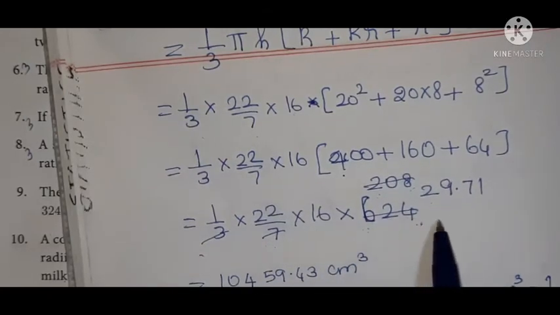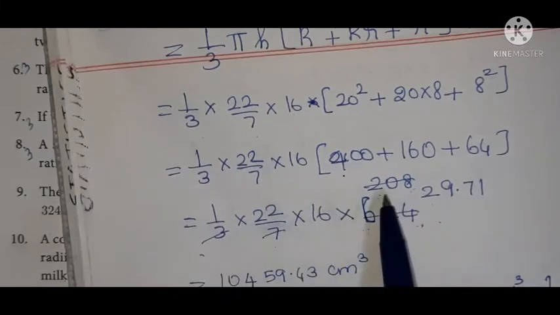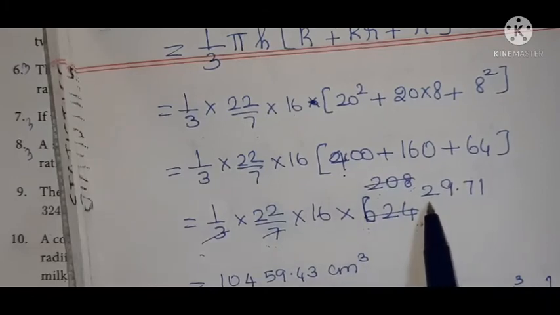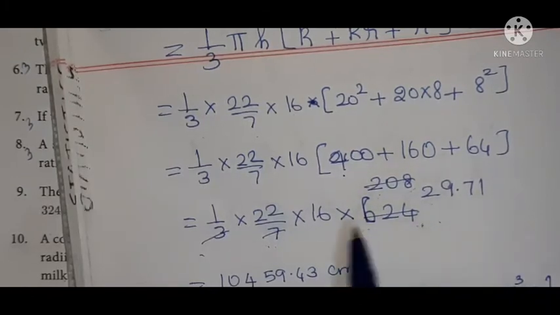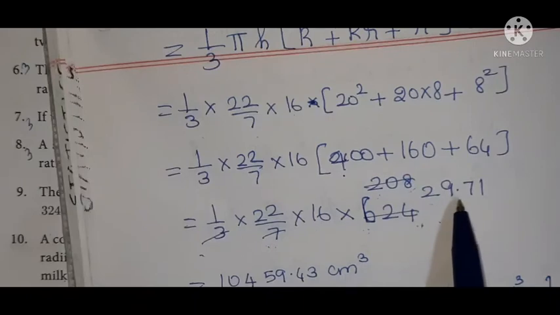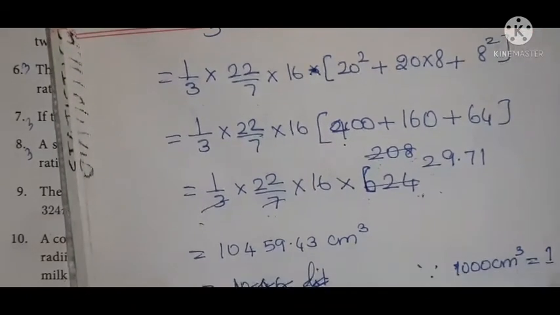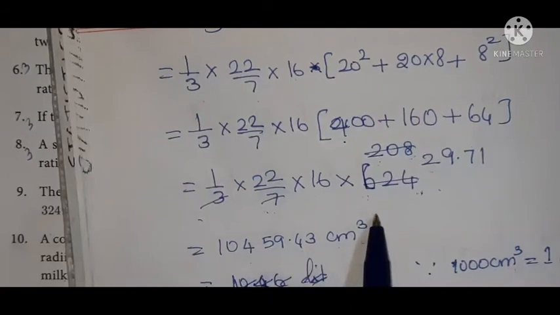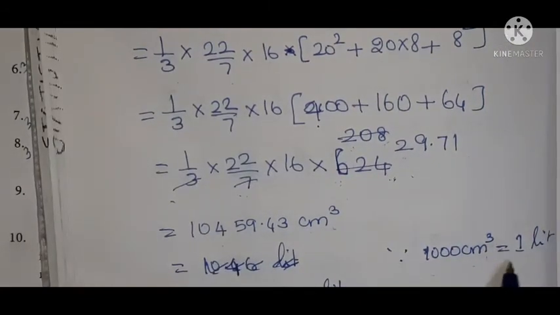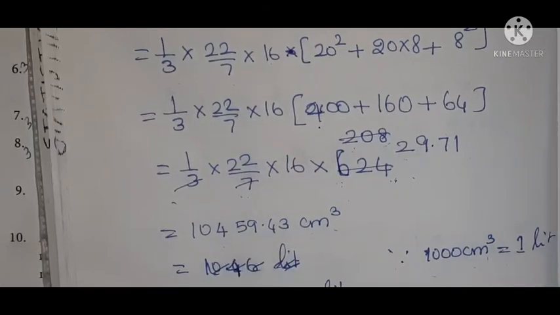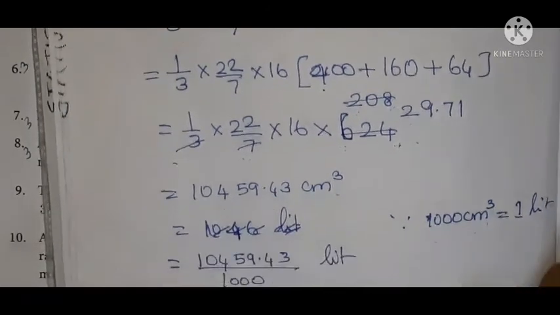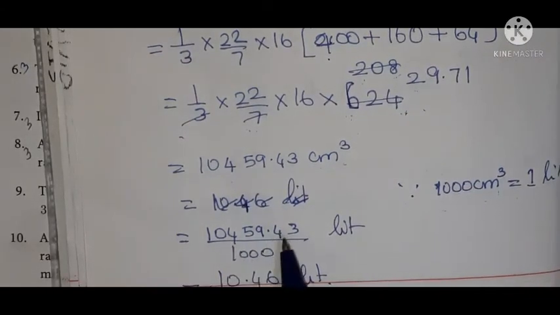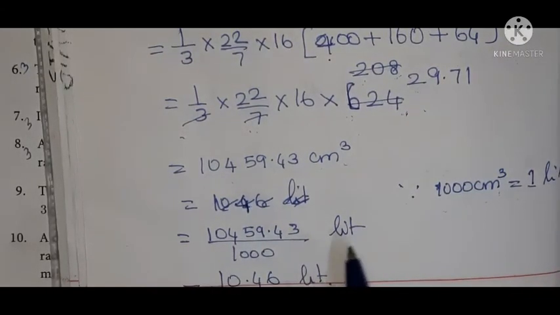624 divided by 3 we get 208. 208 divided by 7, we get 29.71. 22 into 16 into 29.71, we get 10,459.43 centimeter cube. 1000 centimeter cube is 1 liter. So divided by 1000, we get liters. 10,459.43 divided by 1000, we get